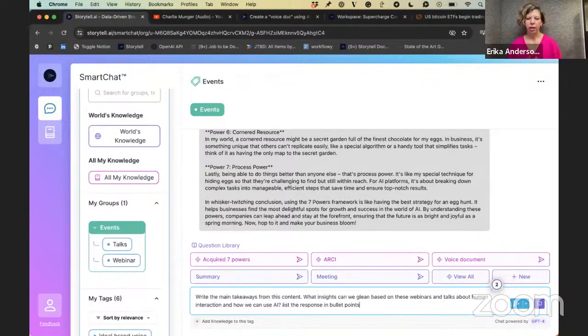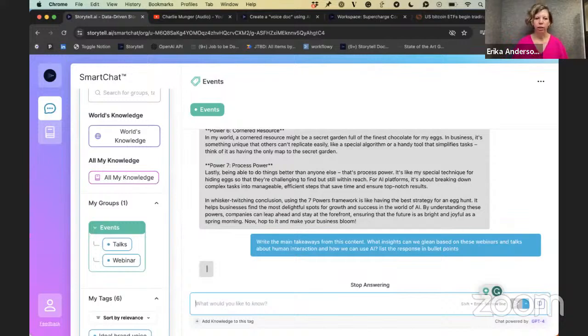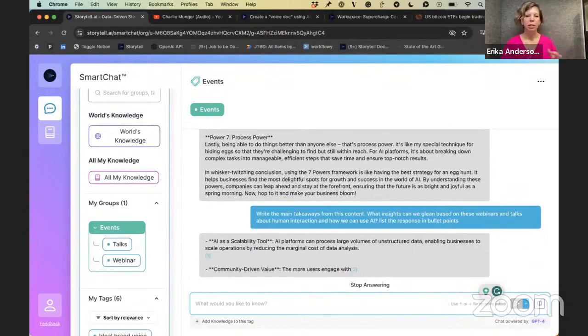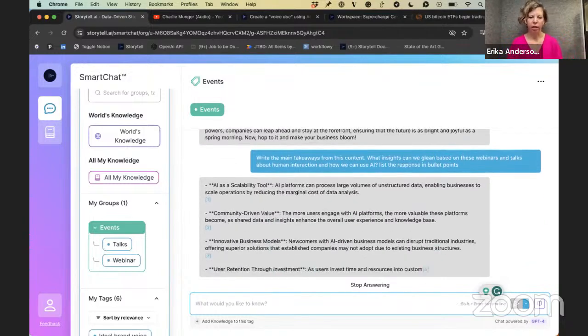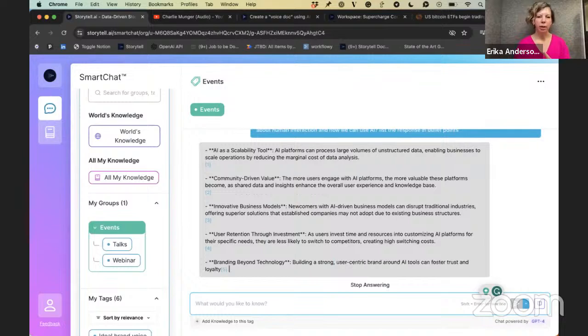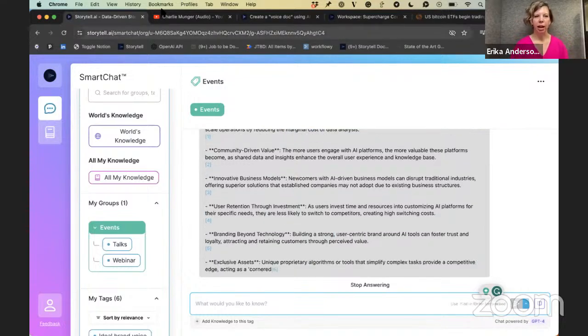So it's like, what do I want and how do I want it? You can think of working with AI as having an intern, right? They're new to your company. You have to onboard them. This is what great looks like. So give an example of what you would want it to look like. I didn't give an example in this case, but with the voice document, I absolutely did.